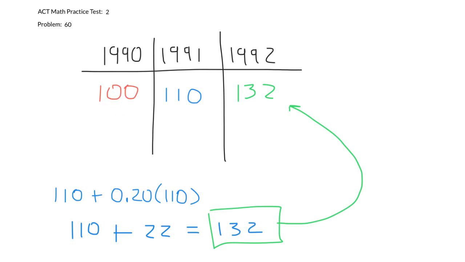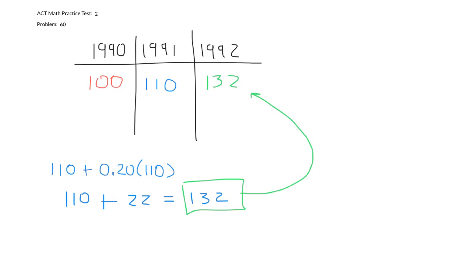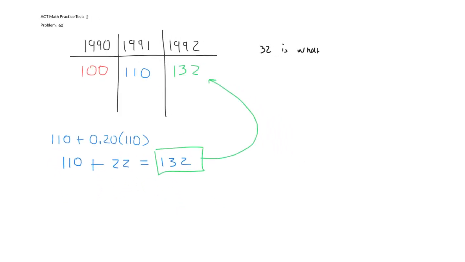Well, that's easy. 32 units is 32% of 100. And in case you needed to see that in sentence form, the question was 32 is what percent of